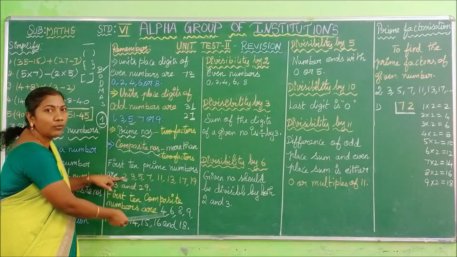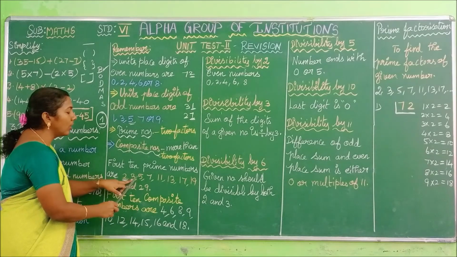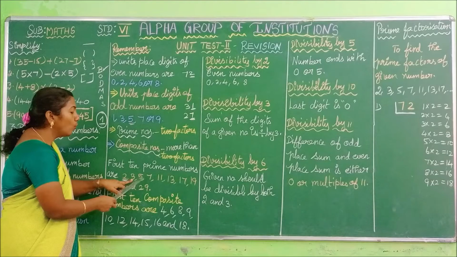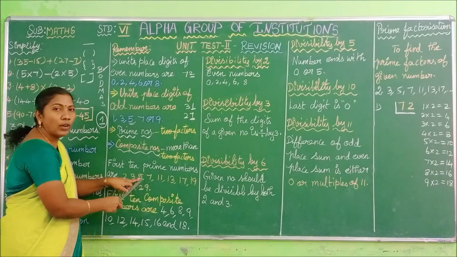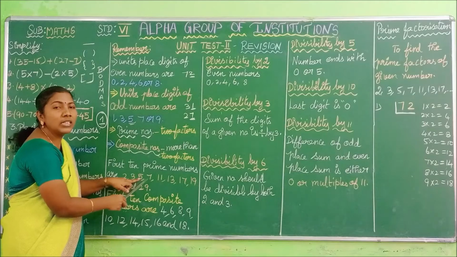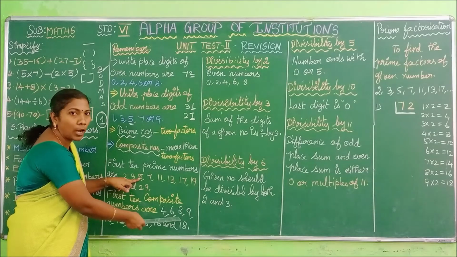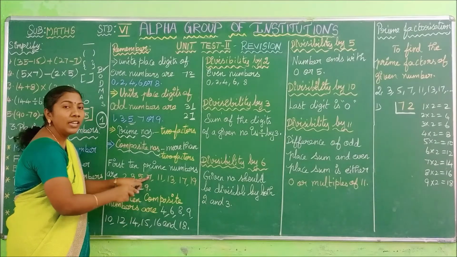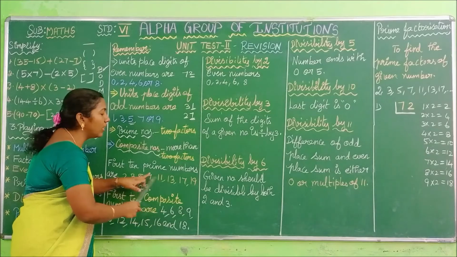See here. The first prime number is 2 and the first composite number is 4. How do we write 4 here? Because 2, 3, what is the next number? 4. 4 is not a prime number, so it is a composite number. 5. 5 is a prime number. 6. 6 is not a prime number, so it is a composite number. 7. 7 is not a composite number, so it is a prime number. 8. 8 is not a prime number, so it comes in the composite. So similarly we are writing.